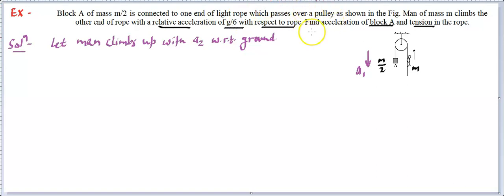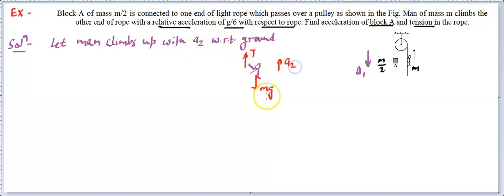For the person, how is it going to look? If we draw the free body diagram for the person, you will find this person is subjected to mg force downside. Its mass is m, g is g, and this person will be holding the rope, isn't it? This person is going to pull the rope downside, so the rope is going to pull this person upside. So the rope will apply a tension on the person in the upward direction, similar to how the rope applies a tension on the block. So this person will have a tension upside, mg downside, and we have assumed its acceleration a2 upside.